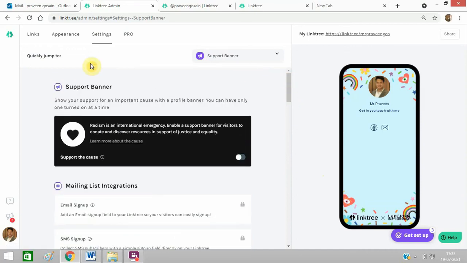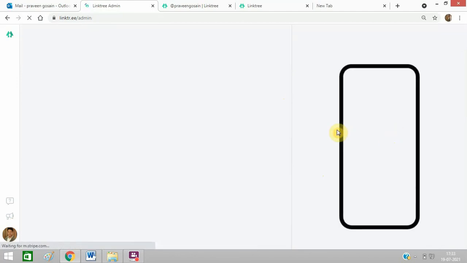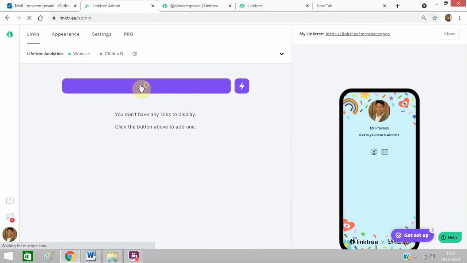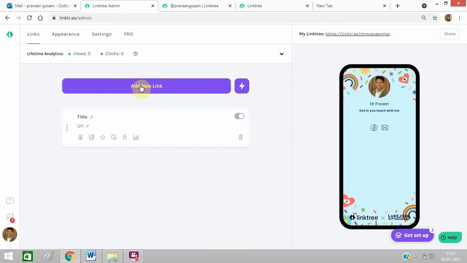Now you need to go to links. You can see these two tabs are showing now, email ID and Facebook. I can add others as well. In add links, I need to click on this thing, add link. You can paste the title like Facebook, enter the link.